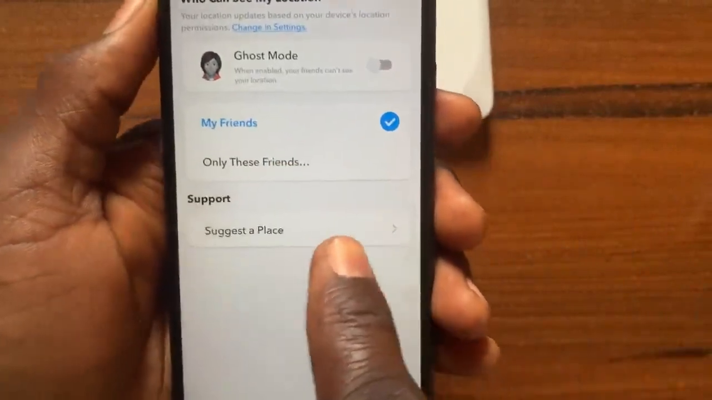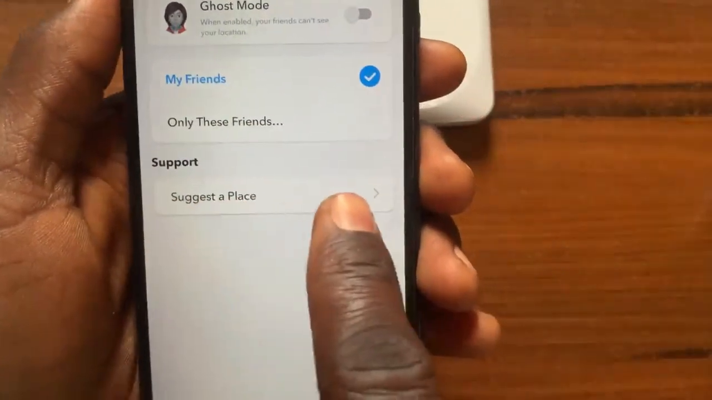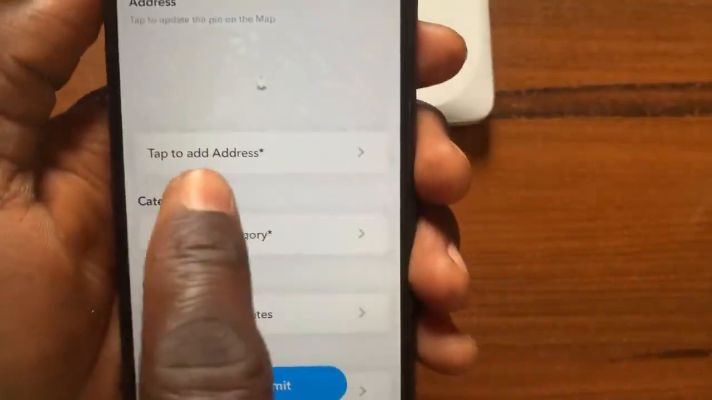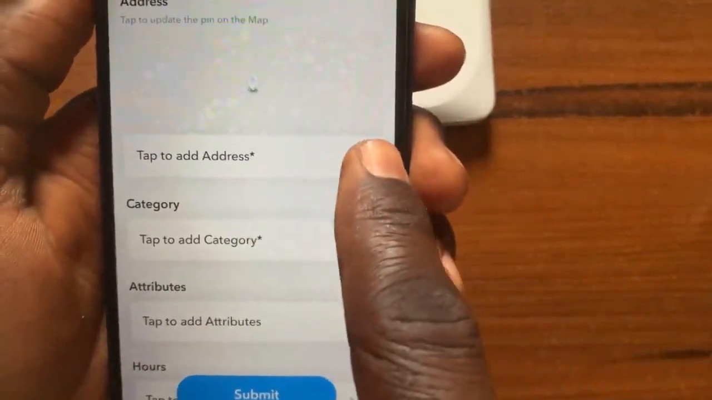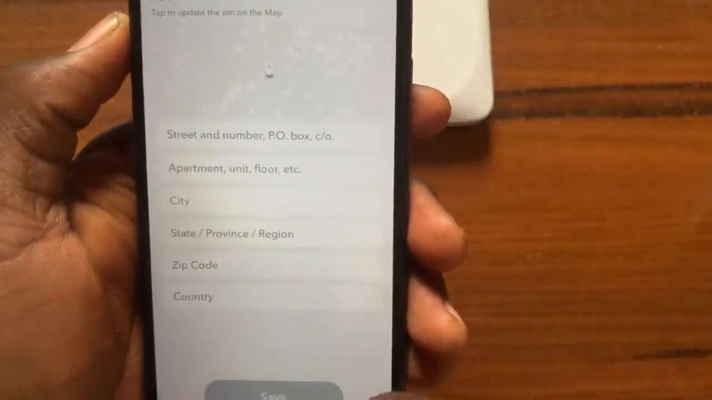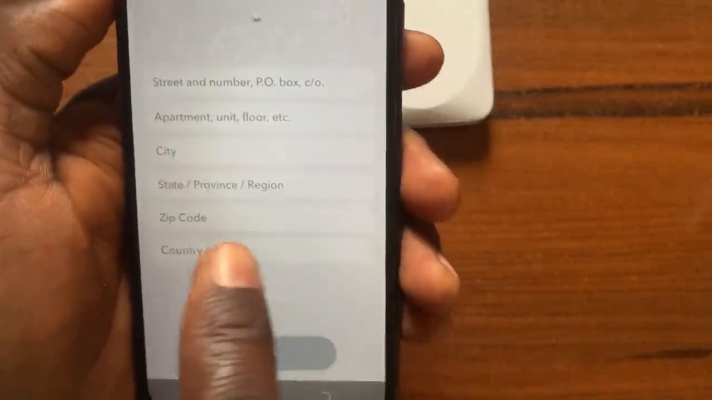In this section, tap on this suggested place. So from this section now, tap on this Tap to add address. So from this section now, if you want to change your country region on Snapchat, so now tap on this